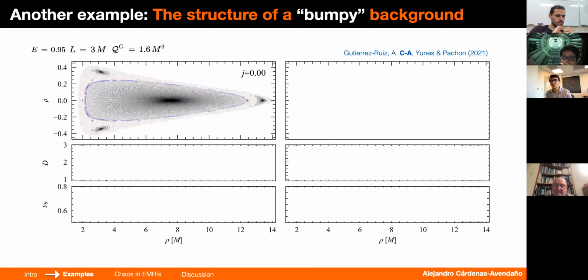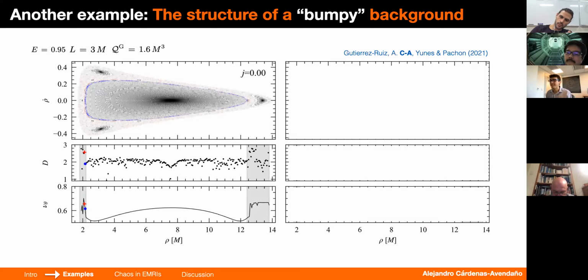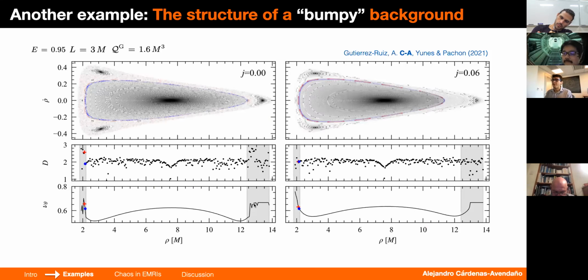So what I want to show is, for example, another case where you just study these geodesics, in a very specific scenario called bumpy black holes, where you can keep control of the modification. So in this case, I'm showing a prolate source. We show that in some cases, frame dragging effects might diminish the appearance of chaos. And you can even quantify this by studying how many degrees of freedom your solution has in phase space and how much is probed.